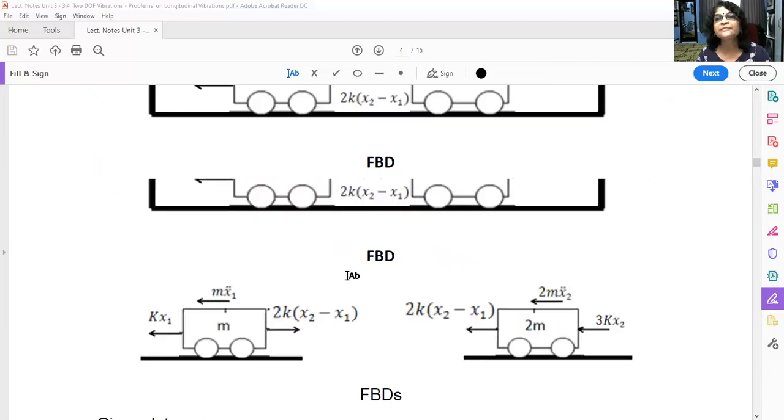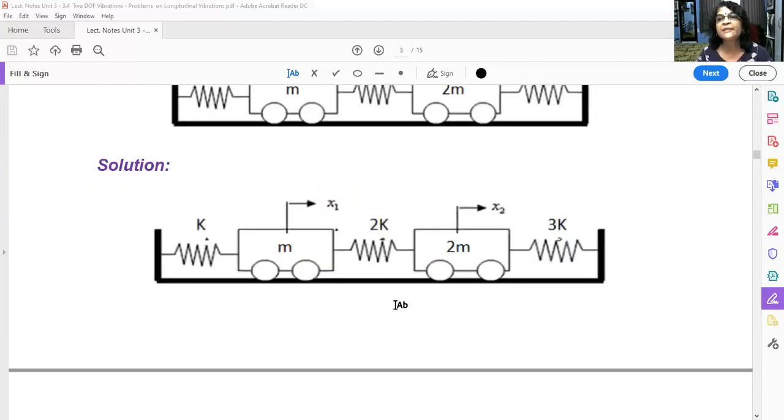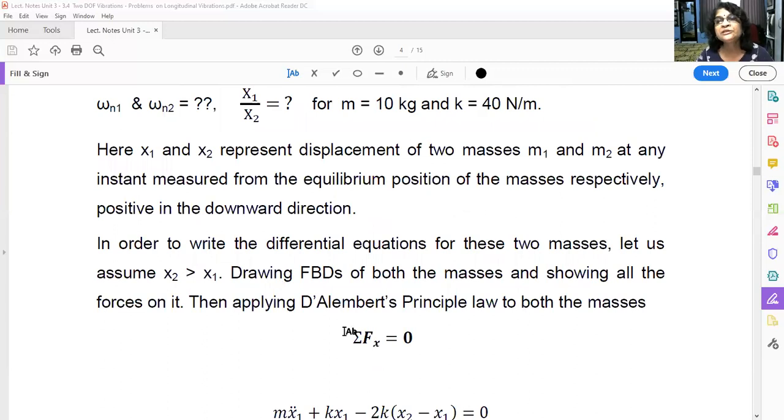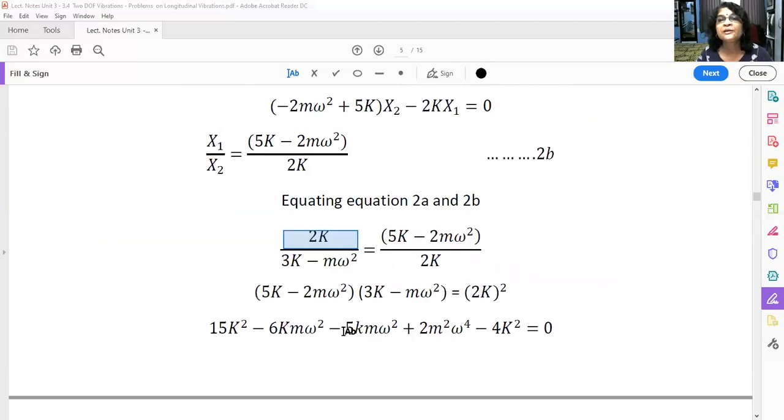See here, this is your original system. So this is mass m1, this is mass m2, and these two are vibrating. Understood? So how do those vibrate? Either in the first principal mode shape, or they will vibrate in the second principal mode shape, or they will vibrate in general. Understood? So this is your first problem.